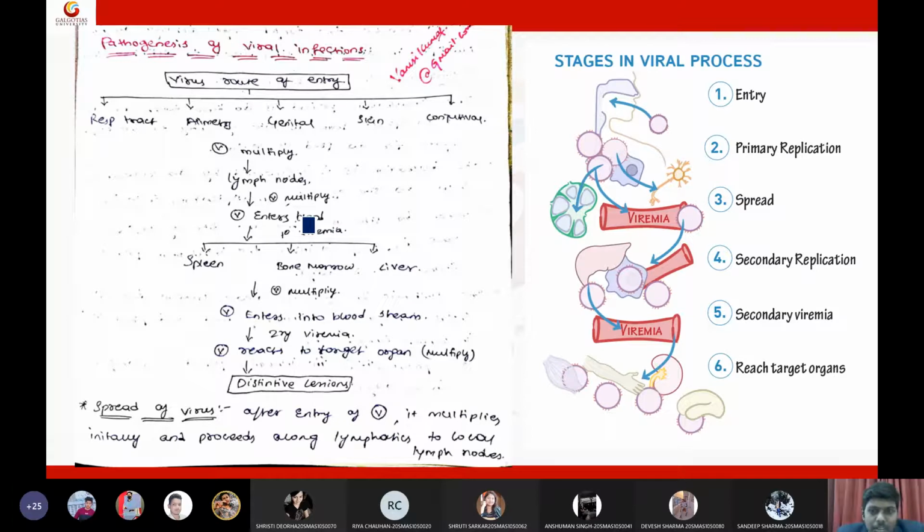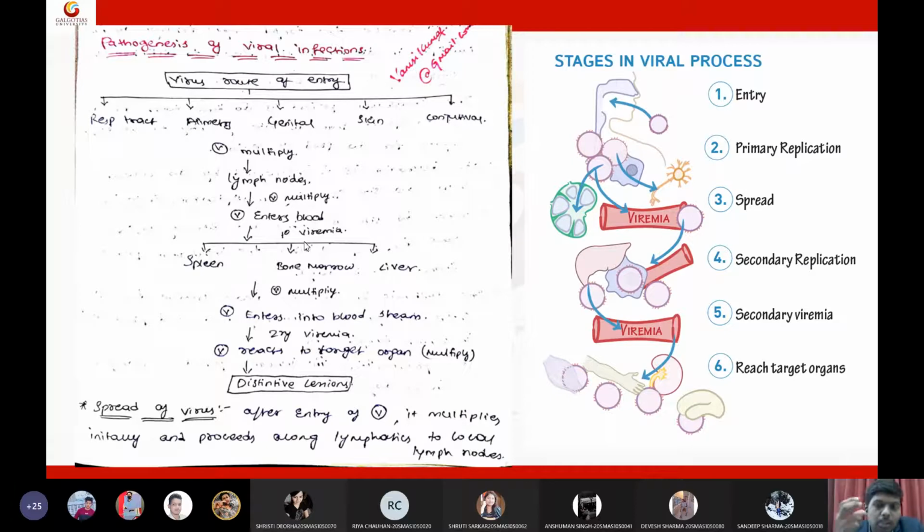That is how we say, I got a viral disease. I'm experiencing viral symptoms. I have a flu attack. All those flu symptoms occur due to this primary viremia, when the virus is in the blood. Now, after entering into the blood, the virus will go to three important organs. These three organs together are called central foci.